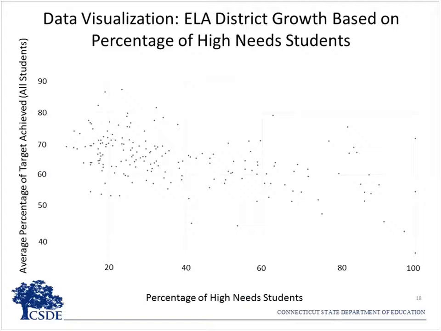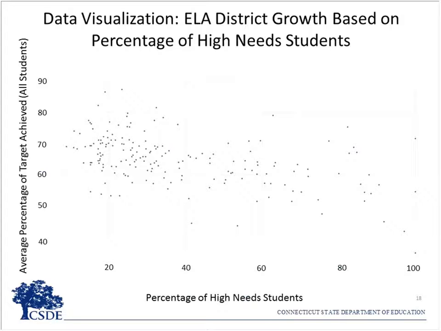So what this chart shows is the growth achieved by a district, the average percent of target achieved for all students. That's the y-axis. In terms of the x-axis, this says what is the percent of high-need students in that district. So it really juxtaposes the composition of a district in terms of the percentage of their high-need students with the growth that's achieved by all